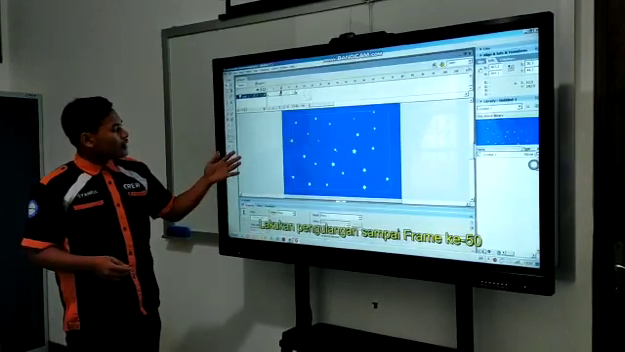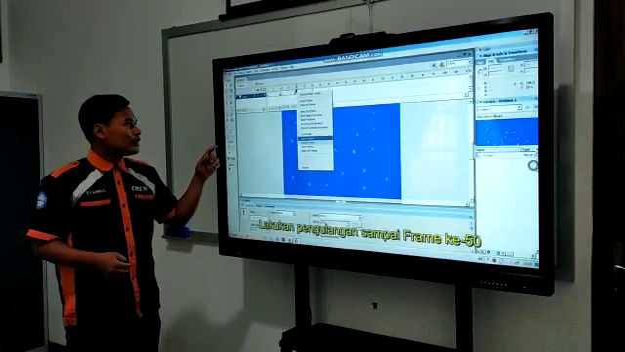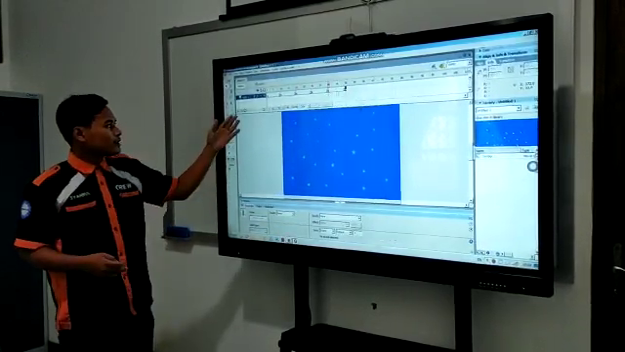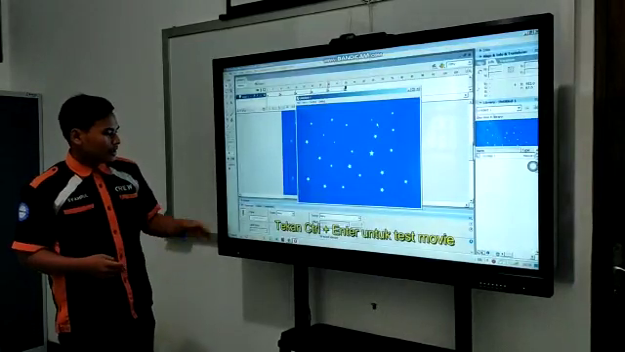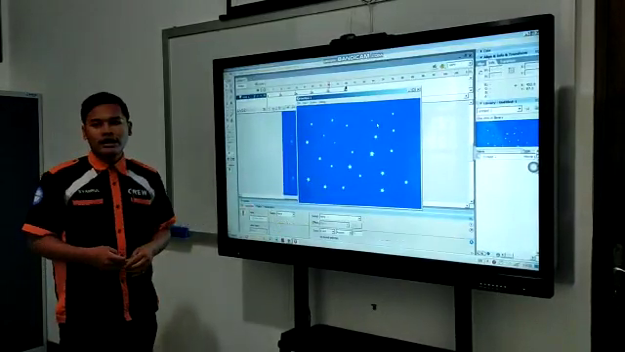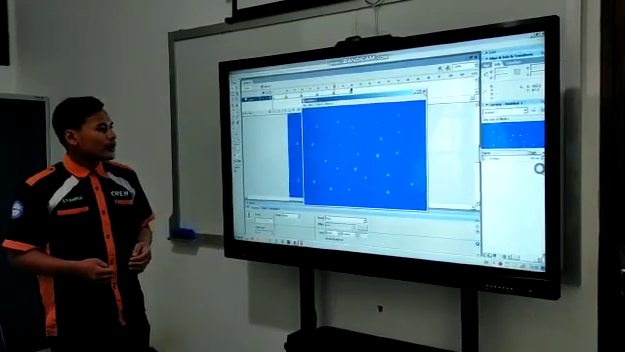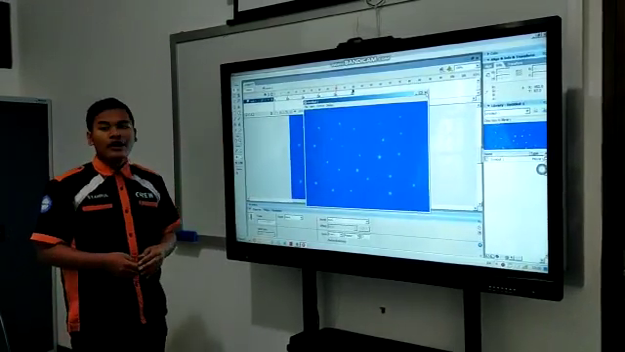Okay, and then just copy and paste the frame until the 50th frame. Just copy and paste from the previous frame, and then press Ctrl Enter to see the movie. Okay, you can see the star is flashing. Okay, if you finish making this, we have to make another